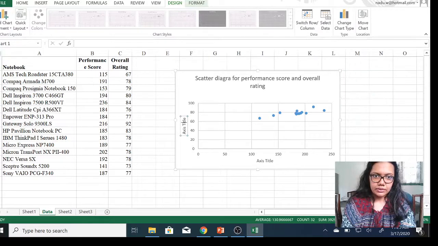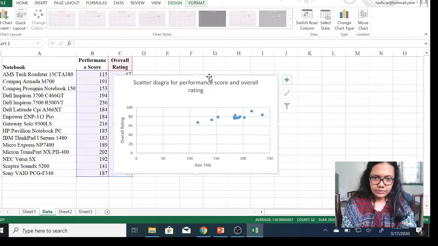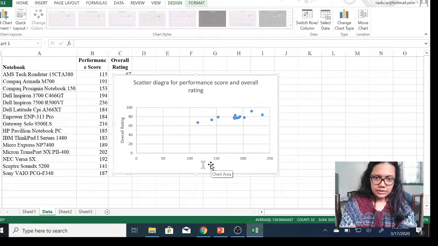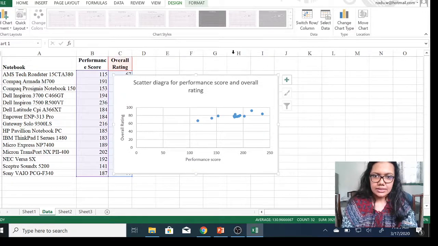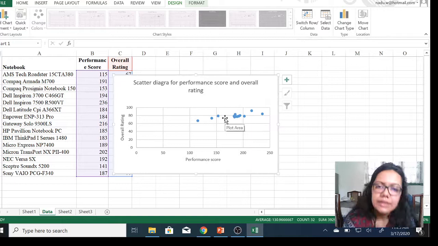On this axis title, this is the y axis where we have the overall rating, and here you have the X, the independent variable, as performance score. Okay, clear? So based on this particular scatter diagram, we can see that the